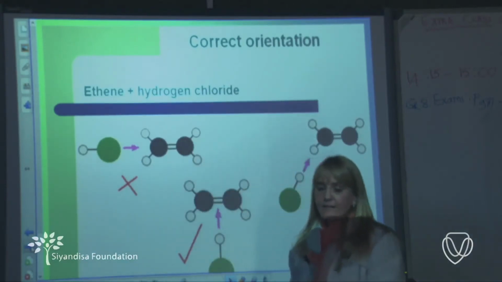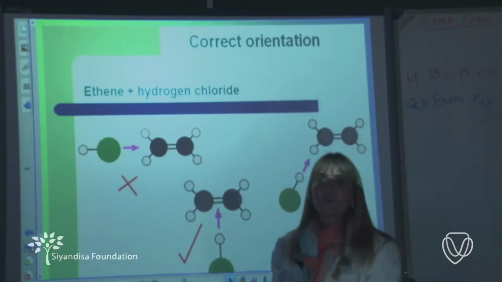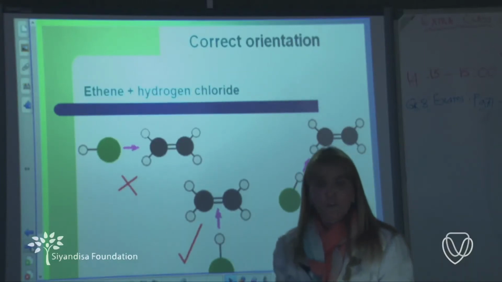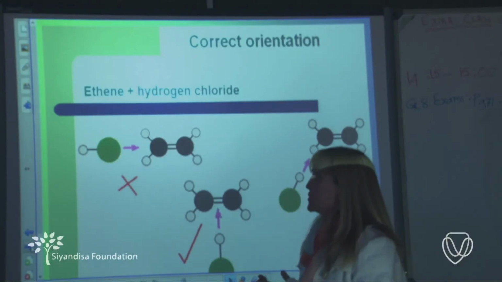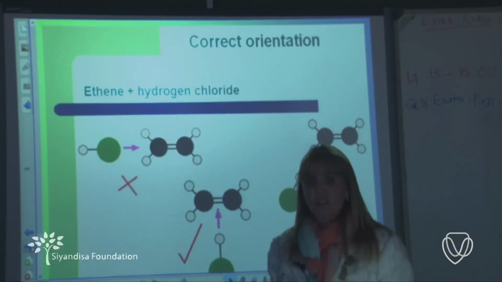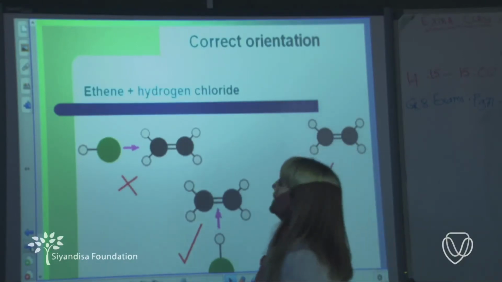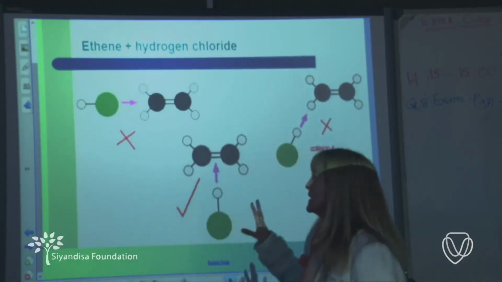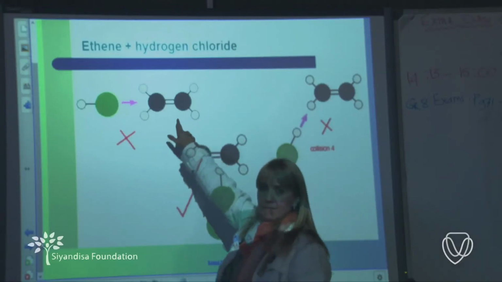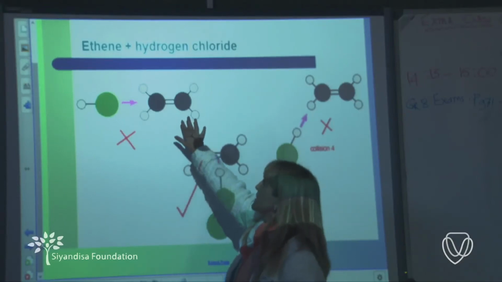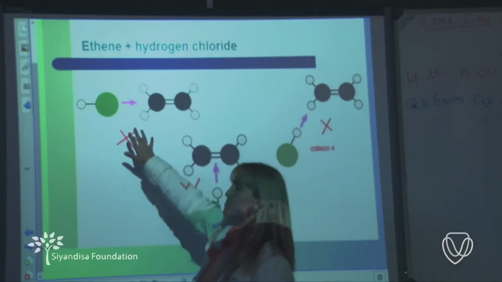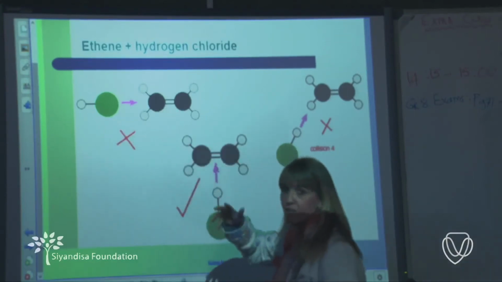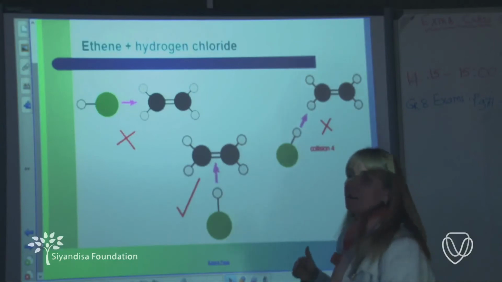Now, the second factor that we spoke about in the collision theory was correct orientation. Now, ladies and gentlemen, please don't go home and learn all of these. This is just an example to show you what is correct orientation and what isn't. This diagram might be fairly familiar to you because it comes from organic chemistry. This is ethene, two carbons with a double bond in between. And this would probably be hydrogen chloride, hydrochloric acid, which now wants to bond with the